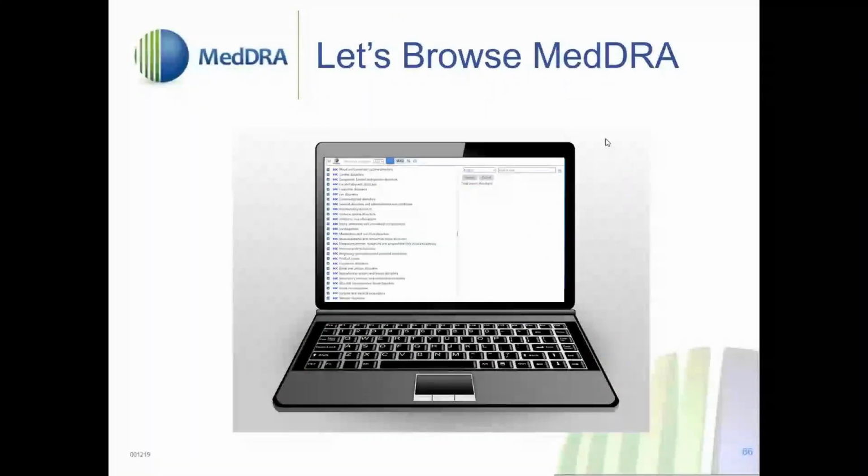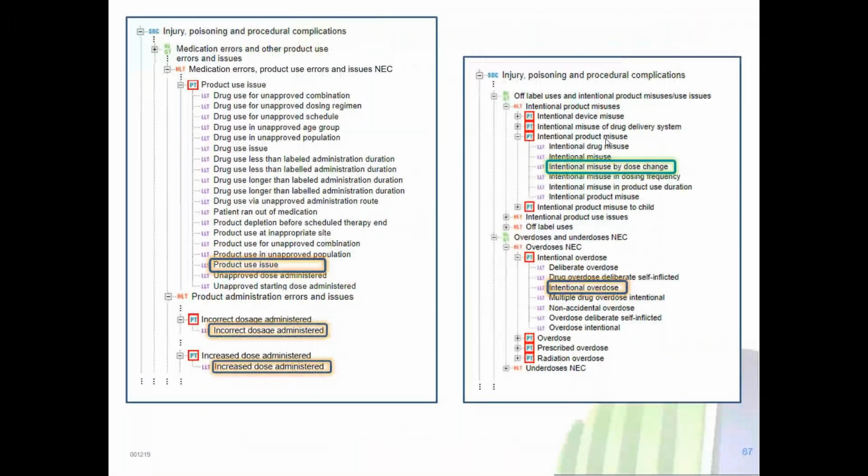So here we are. Again, screenshots of the MedDRA browser showing the LLTs of the quiz. Product use issue would of course be incorrect, much too vague. Incorrect dosage administered. Dosage refers to the dose, schedule, and duration of treatment, so that's not correct. Increased dose administered, again not correct, because it does not represent a drug misuse by the patient. Here we have the correct LLT assignment, intentional misuse by dose change, and intentional overdose